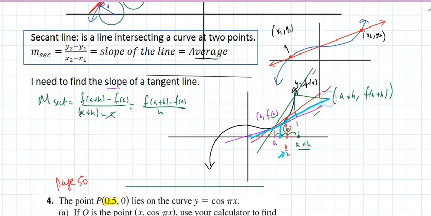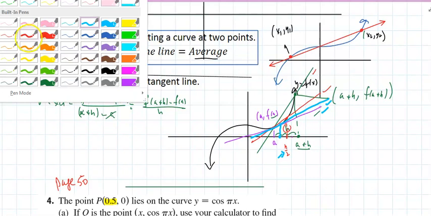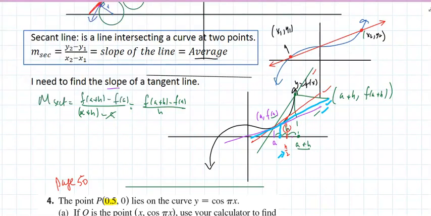Do we agree that this new line is closer to the purple than what I want it? And do you see what's going to happen every time I get closer and closer to this H, to this A? My line is going to get closer and closer to the purple. So, if I look at the slope of the line, if I was to replace A by X,